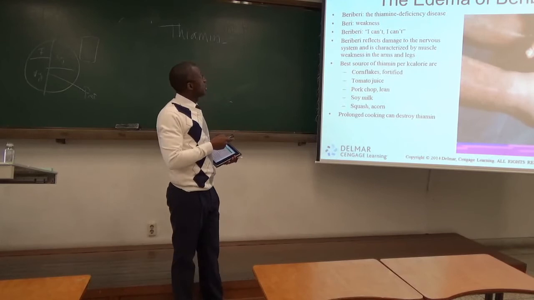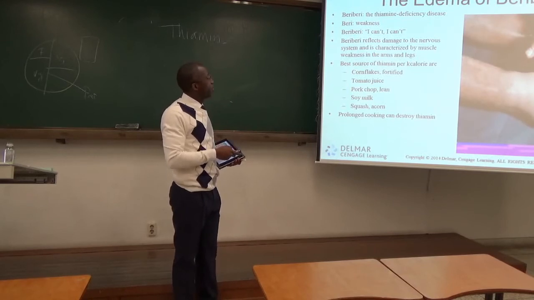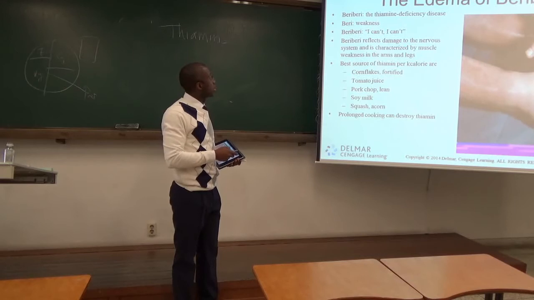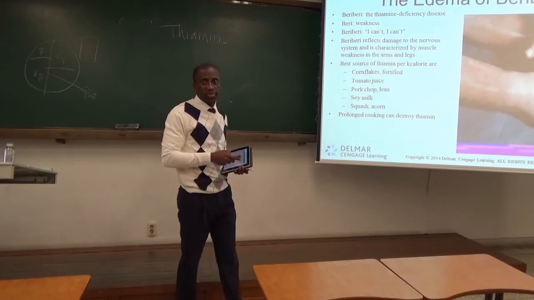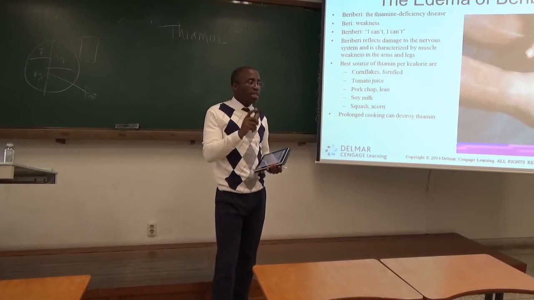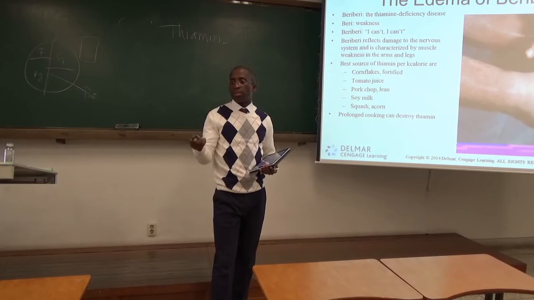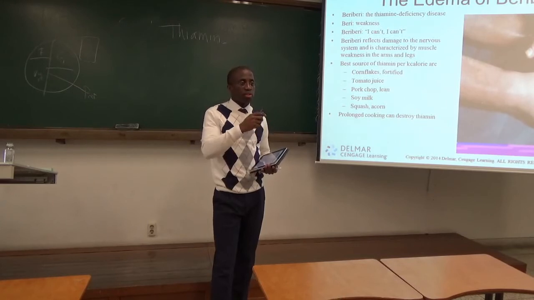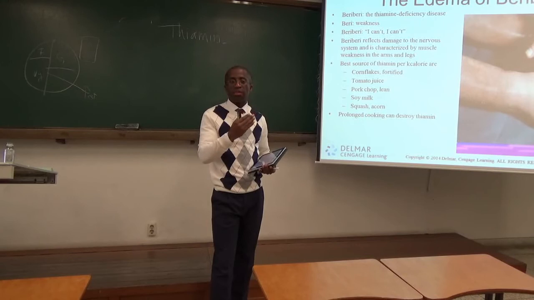Now, you don't have this picture, it's in the nutrition class that I'll go over it. Thiamine deficiency, all right, this is really a form of weakness here. The person cannot really move, you can actually see the weakness in the muscles here. It's a damage of the nervous system and is often characterized by muscle weakness. Okay? So these are some of the elements that we have to look at. I think it's going to be in chapter 5 of the nutrition class, where we study specifically the nutrients,